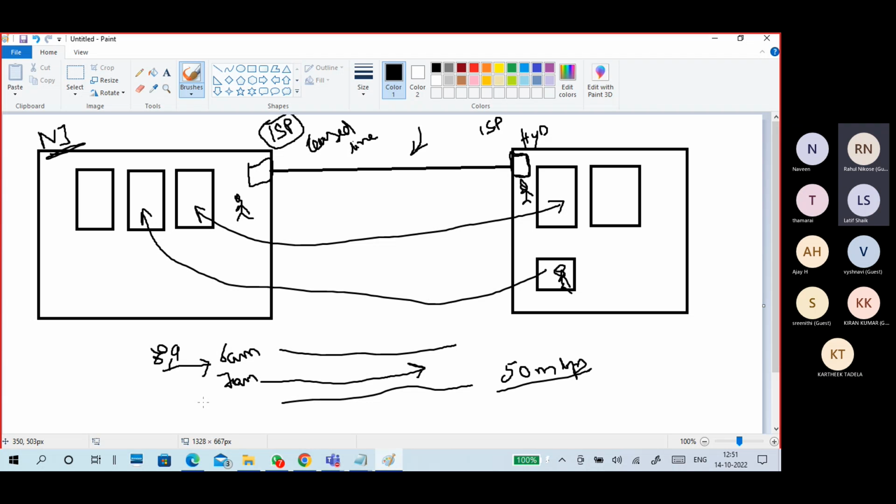If you start at 9 o'clock, you may reach by 9:45. If you start at 9:30, you may reach by 10:30. Same distance. What is the difference? Why? Traffic.